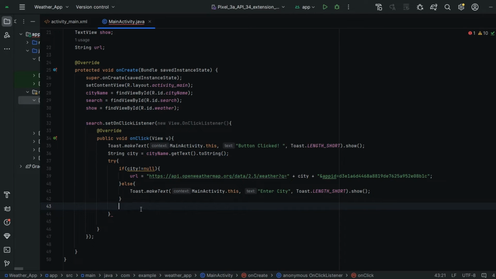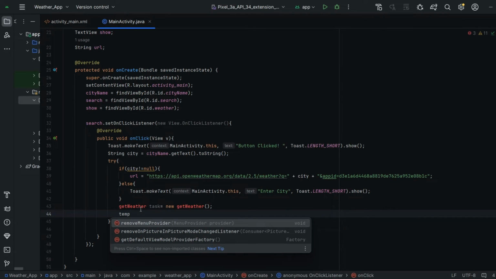Before that we have a few more conditions in our try. So I'm going to create a function, guys, get weather. I am already creating the objects here. We will create the get weather class after these steps. I'll create one more class, get weather, and using that class I am going to get the weather details.